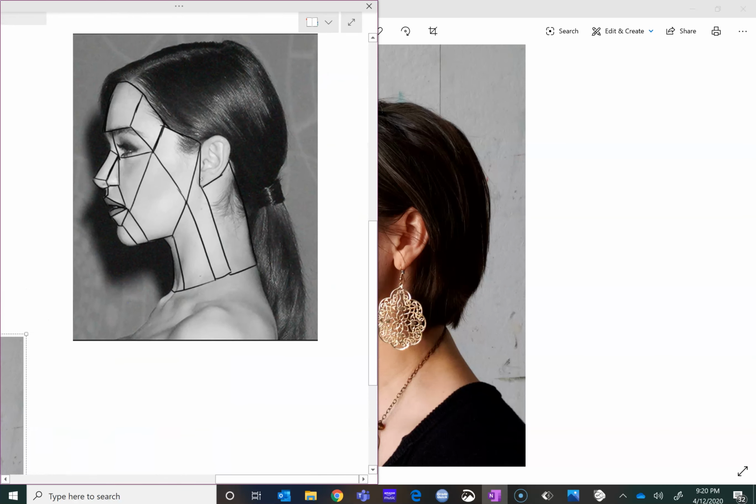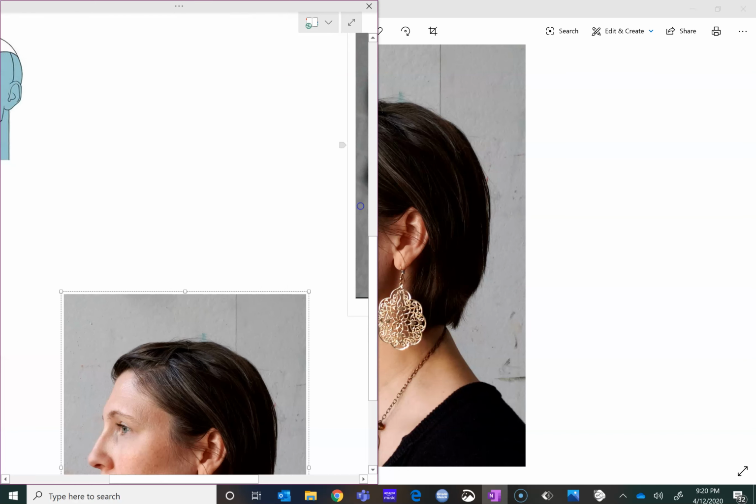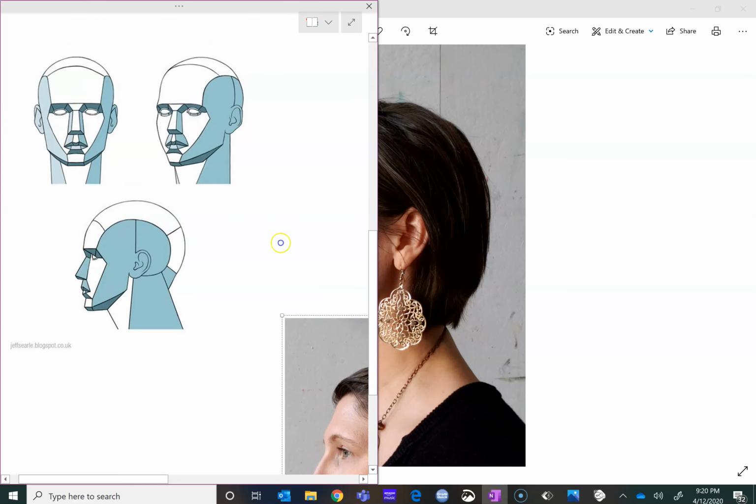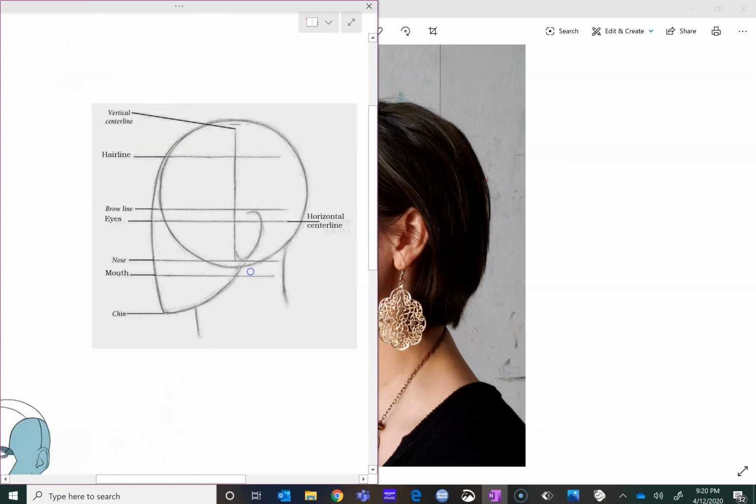So this is an example of a photograph where the artist has drawn in the planes right over top of the existing photograph. Okay, so we want to first start with an underdrawing. No matter what type of view of the head you're doing, and no matter what type of drawing you're doing, you're always going to start with an underdrawing. So that consists of very basic, simplified forms or shapes,